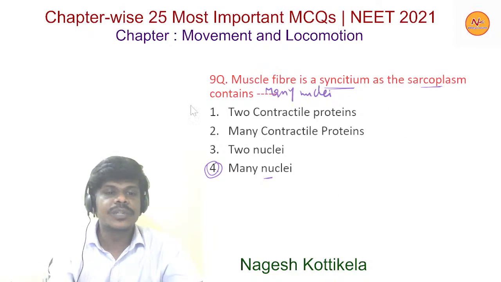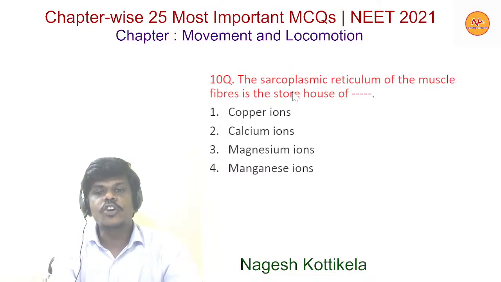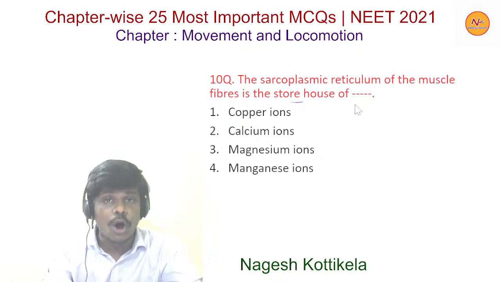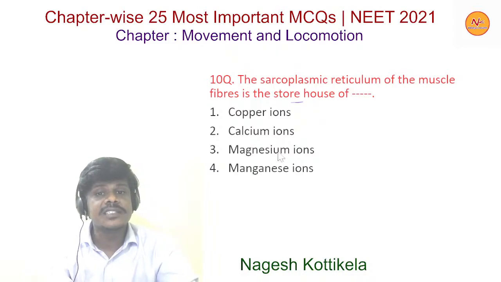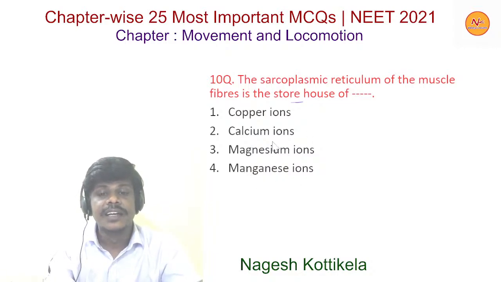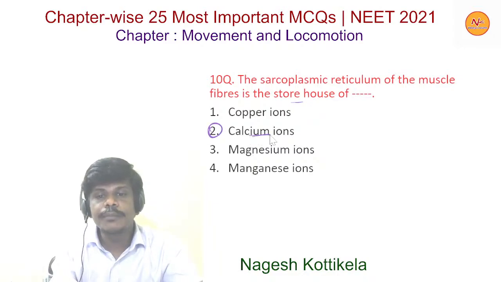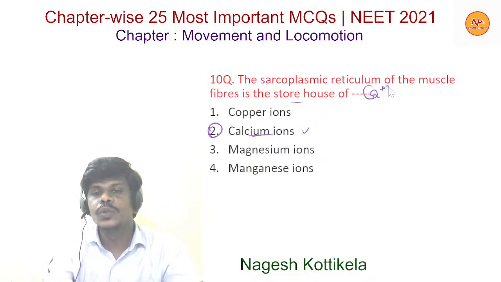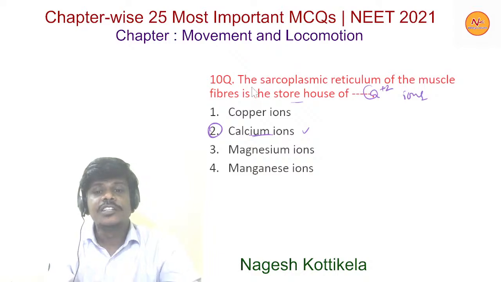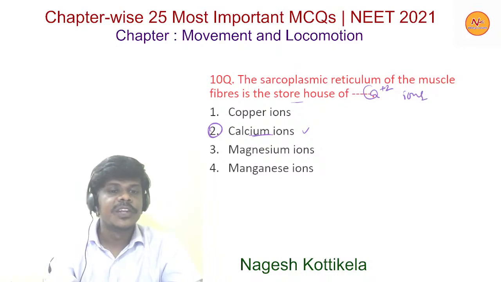Now moving to the next question, the sarcoplasmic reticulum of the muscle fibers is the storehouse of option 1, copper ions, option 2, calcium ions, option 3, magnesium ions, and option 4, manganese ions. Here option 2, calcium ions, is correct. I repeat this statement once again, the sarcoplasmic reticulum of the muscle fibers is the storehouse of calcium ions. Now moving to the next question,